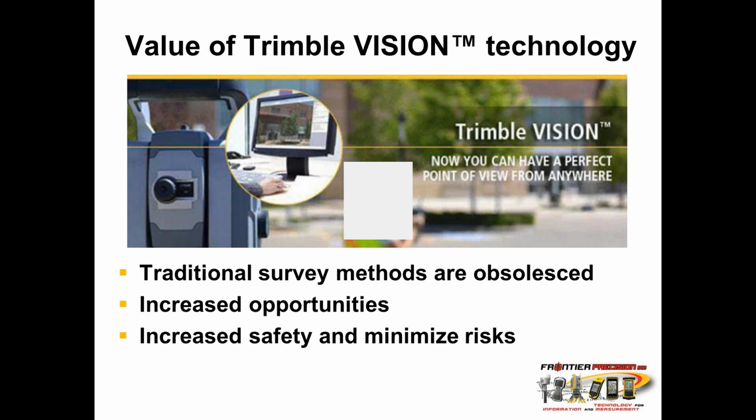I believe it increases your opportunities. Today, clients are demanding more of a deliverable than just point numbers and a feature code. They're asking for attributed GIS information, and they're also asking for GIS deliverables. You'll see through today's presentation, the ability of using Vision allows us to output partial panos or 360-degree panos as a GIS output, and that's giving some of our customers more opportunities into their customer base. You'll also see the